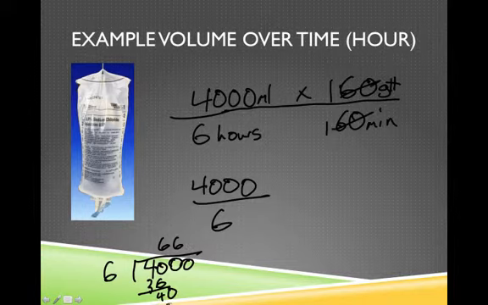So 666 is probably what we're going to look at here. But 6 times 6 is 36. We'll have 4 left over. Make another 0. So I'll just figure it out to that one. 666.6. So 667 drops